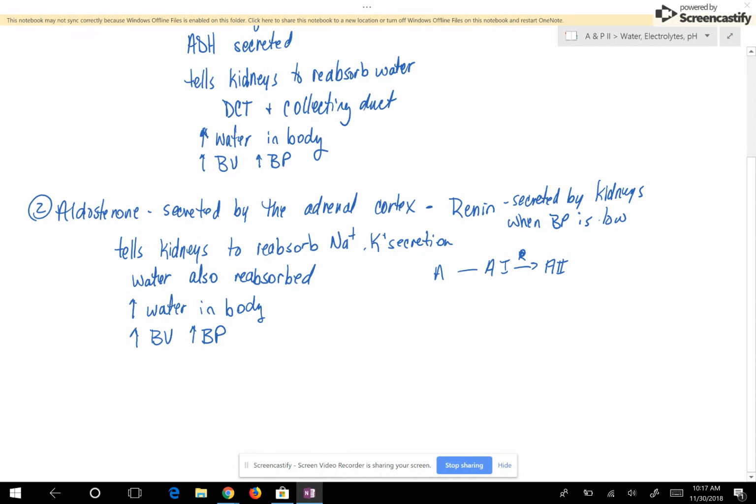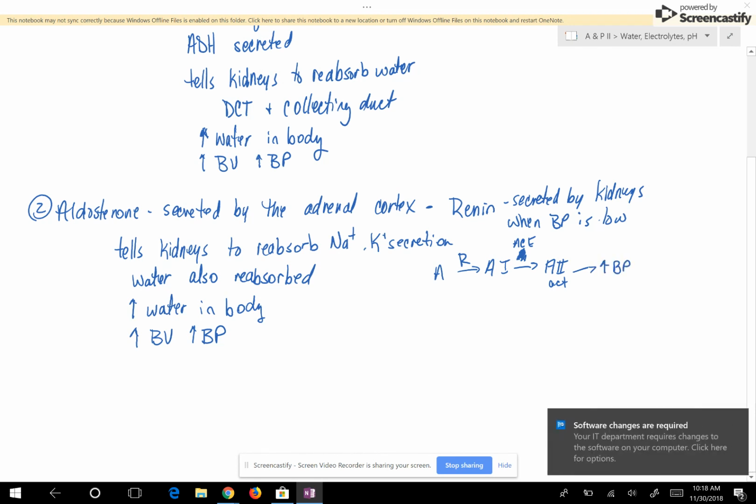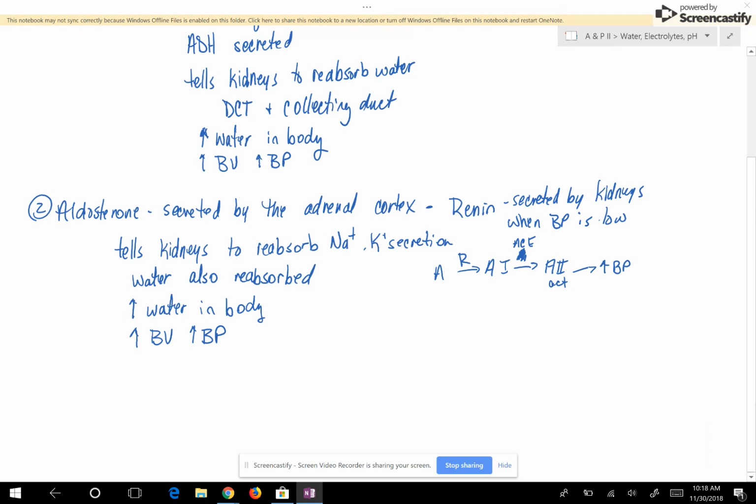Angiotensinogen will be converted to angiotensin 1 by renin, and then angiotensin 1 is converted to angiotensin 2, which is active, by angiotensin converting enzyme, ACE. And so this is going to increase the blood pressure. And one of the drug classifications there is an ACE inhibitor, and that inhibits this reaction of activating angiotensin. Okay, number 3,